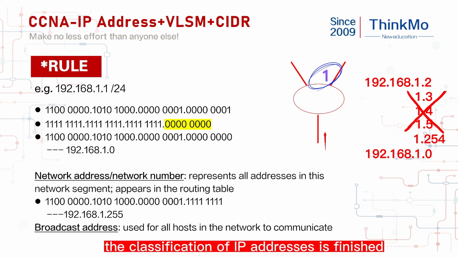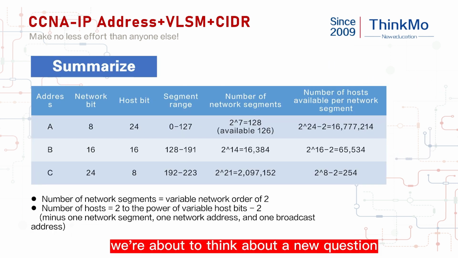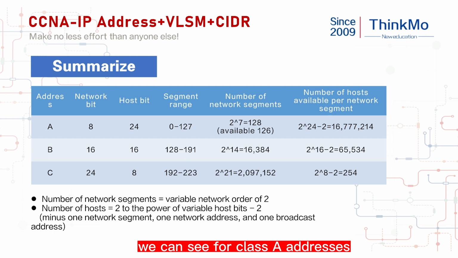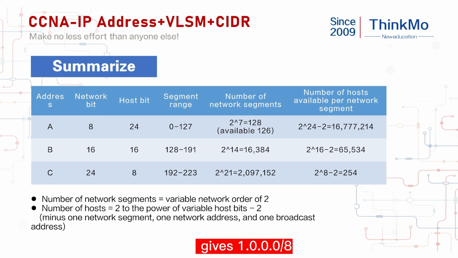Talking about this, the classification of IP addresses is finished. Next, we're about to think about a new question. We can see that for Class A addresses, there are fewer network segments but many available hosts. Suppose IANA really assigns a Class A address to our country, for example 1.0.0.0/8, 16 million plus addresses. That sounds great, so many addresses. If this address is really divided, then every device in our country is configured